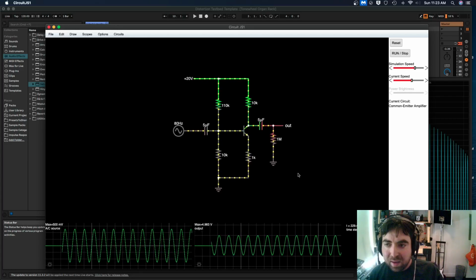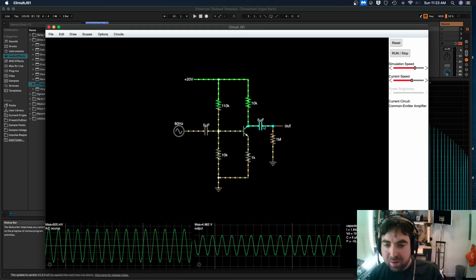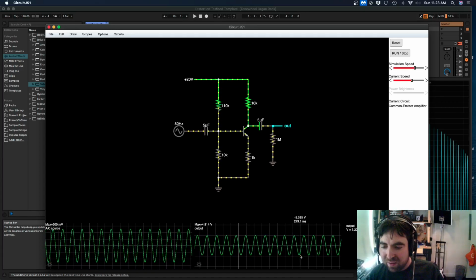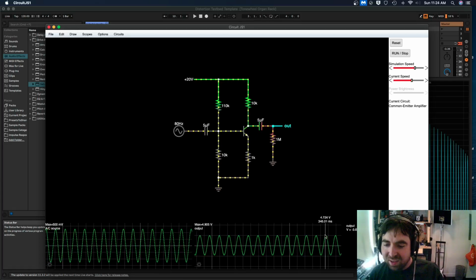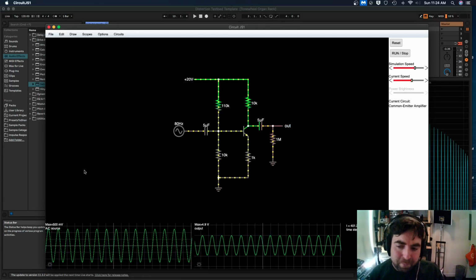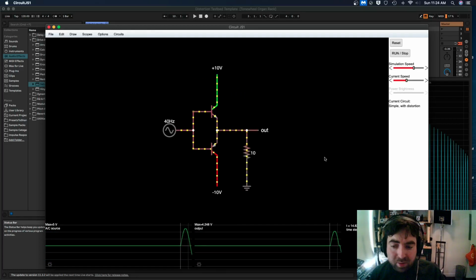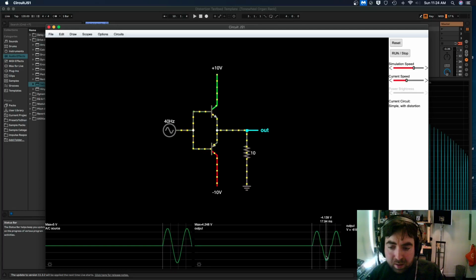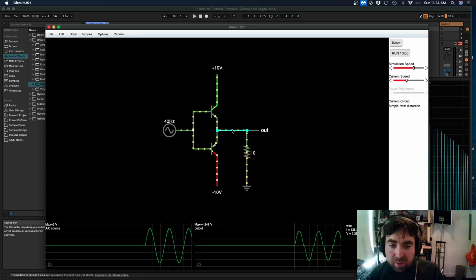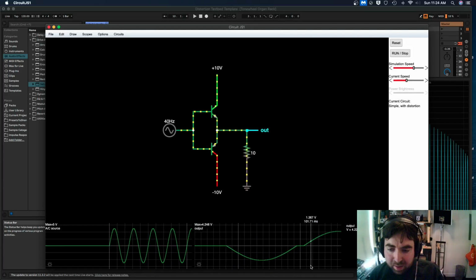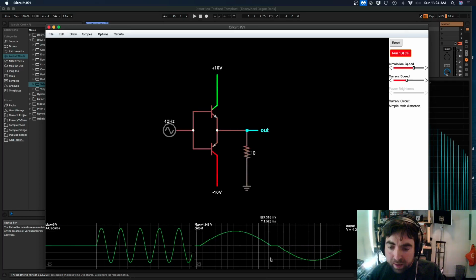This is our class A common emitter amplifier, where we're just reading here. I know this is a Java application, and the integration is a little bit choppy, but you can see it's a nice clean sine wave. Here's a class B. So we're reading the signal here, and I'm going to zoom in a little bit. So this section right here is the crossover distortion,